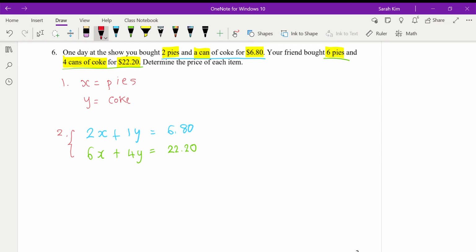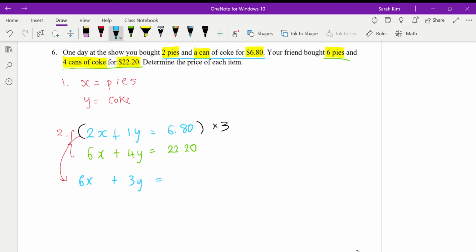Let's have a look. X's, there's 2x and 6x, they're not the same number. Y's, there's 1y and 4y, they're again not the same number. But what I can do is simply times the first equation by 3, so my x becomes the same number. So if I redo that one, that'll be 6x plus 3y